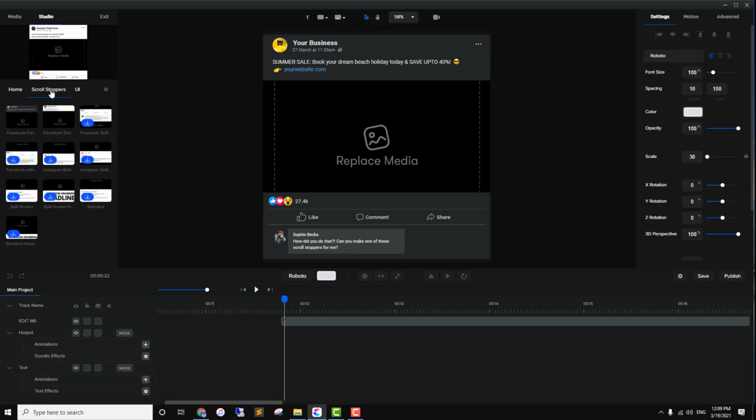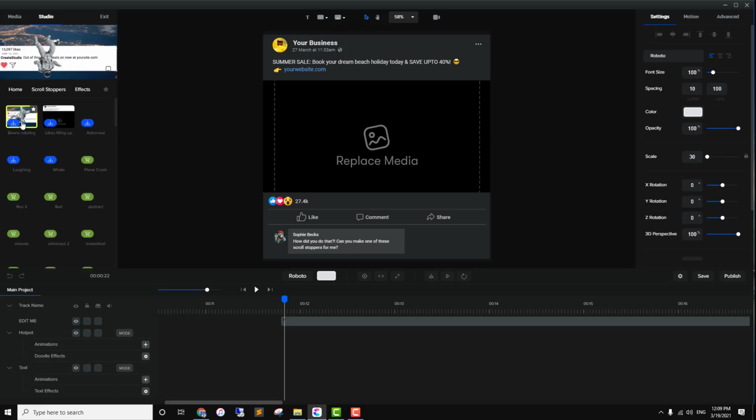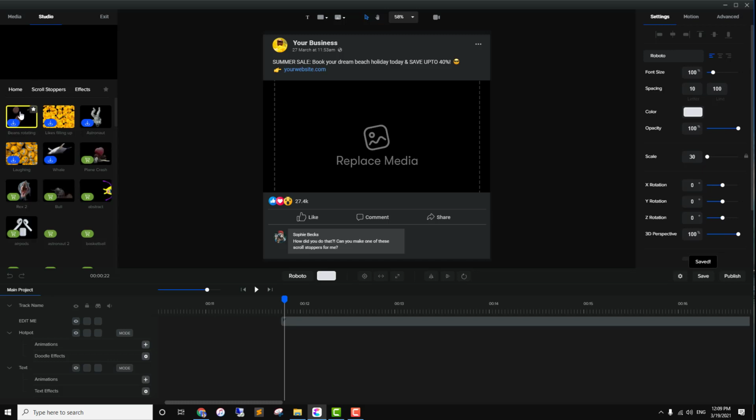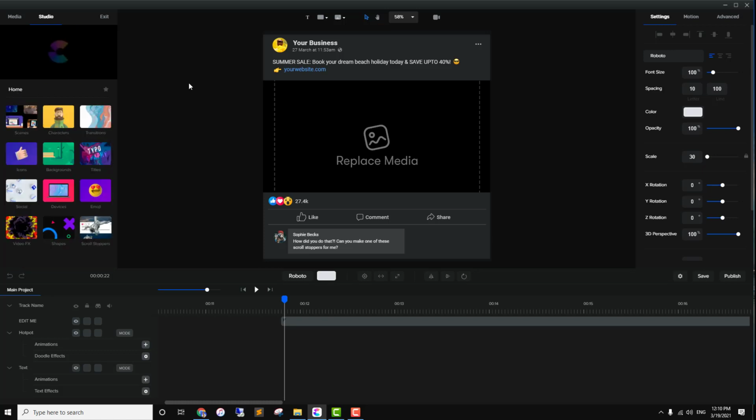And then we have these effects. So these kind of things, as you can see, but in the front end subscription, these are limited. So if you go with their all access pass, then you will unlock all of them. Okay, so you can add, just download this emoji. So there are a lot of things.